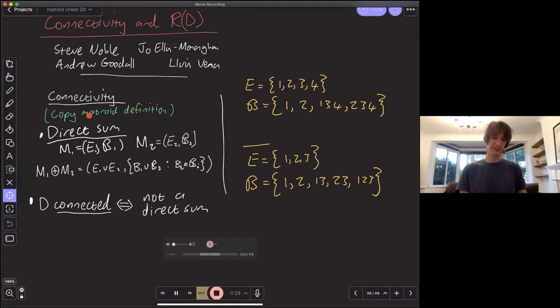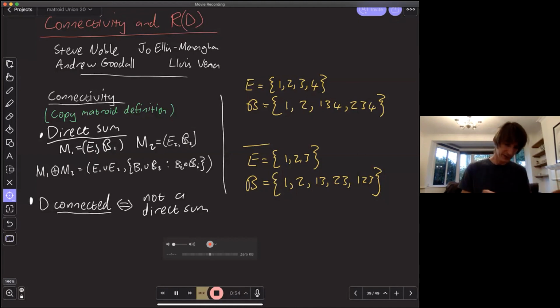So connectivity for delta-matroids: what do I do? Well, I just copy the matroid definition. I can define a direct sum of matroids. I take the union of the two ground sets, and for my bases, I take each element of B1 and each element of B2 and take the union of them to get my collection.